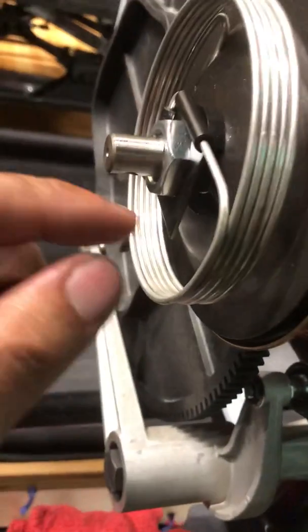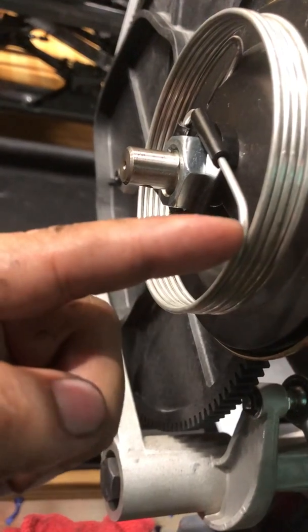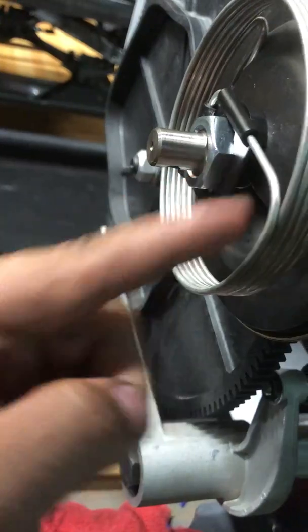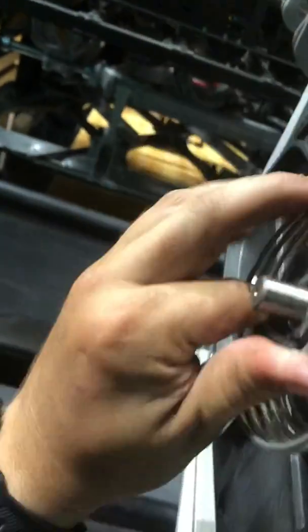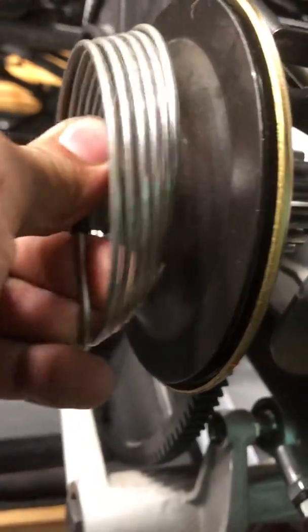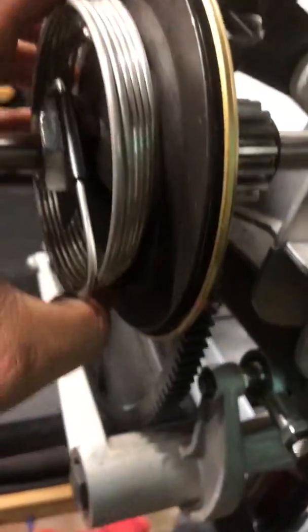So now when we set clutch tension, we're looking for 3/4 turn to a full turn. So I'm gonna shoot to put this part sticking out about right here. Let's see how I do with my hand. Maybe a little more than that. Good enough for me, son. Then we'll...